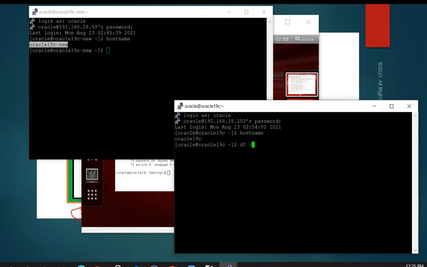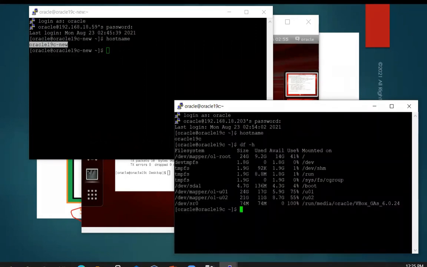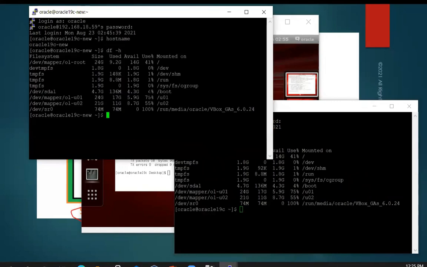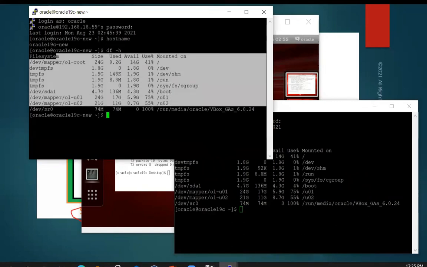But you can see both have an intact df -h structure. The file system usage, you may observe, everything, even the content within the file system, also got copied. What software is installed, what databases are there, everything got copied. And it is called the clone method. It is very useful, guys. You can now see in front of you both servers are up and running and both have the same intact copy. We changed the IP address as well as the host name so that both are different entities. That was our aim to achieve.